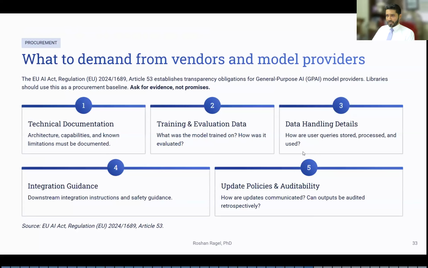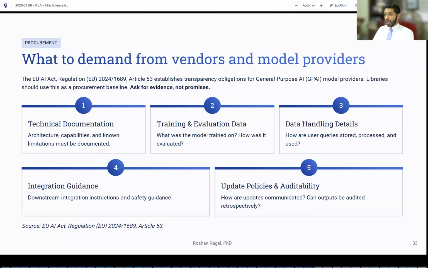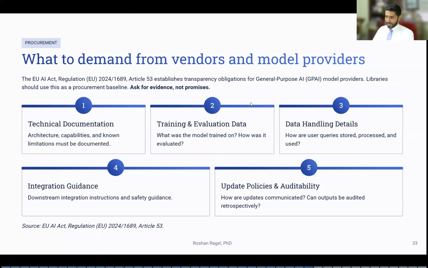But at the same time, when you want to deal with vendors to buy resources, say, if you want to automate a certain part, even the retrieval, we will obviously have to go and buy it from somebody. While we are doing it, we should also move our procurement beyond the usual set. We have to add more items to the procurement: technical documentation, how the data will be handled, and where the data will be kept, because we are going to include a new tool into the library's system.